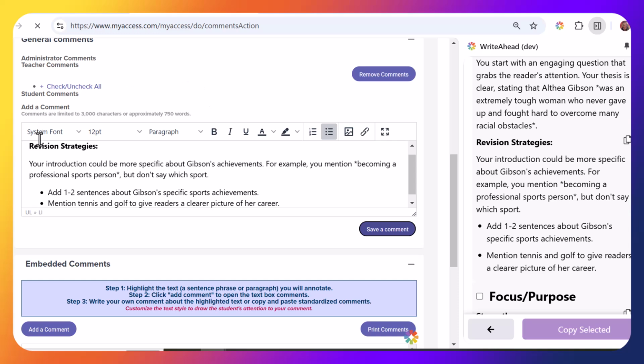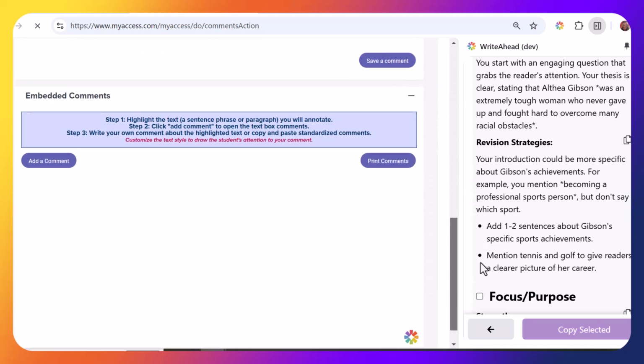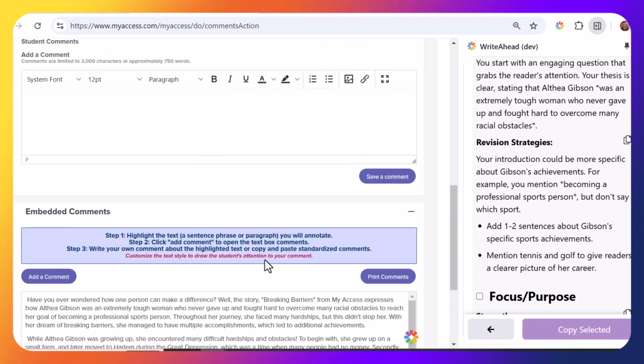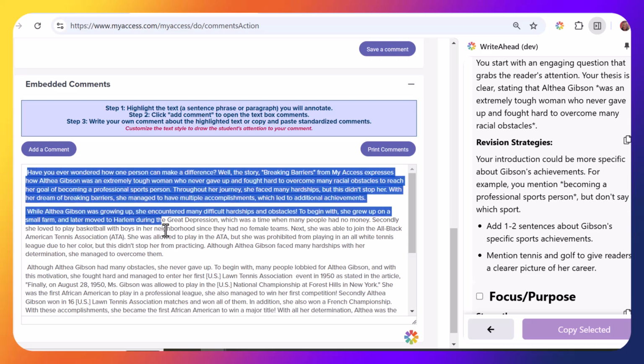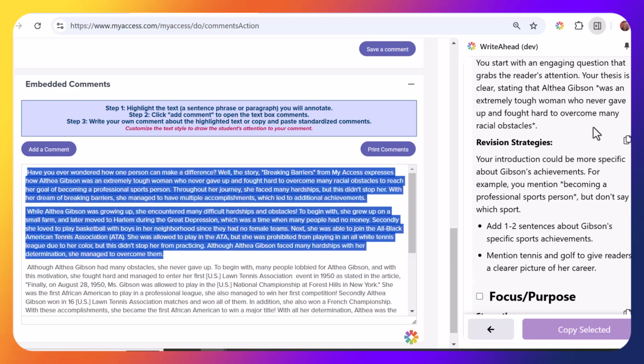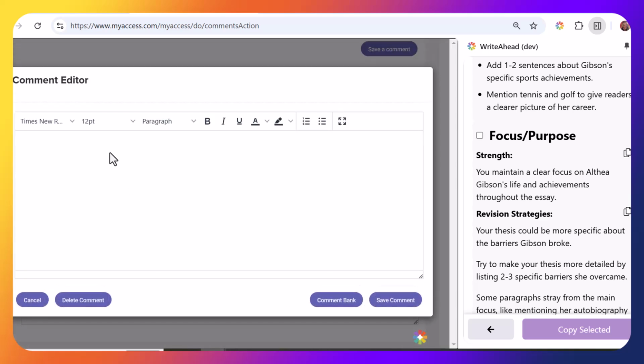Reminder that there's general comments, but there's also embedded comments here. Each work the same way, but this is going to embed the comments directly in the essay. So again, I can highlight, add a comment, select a specific revision strategy, and then add that as a comment